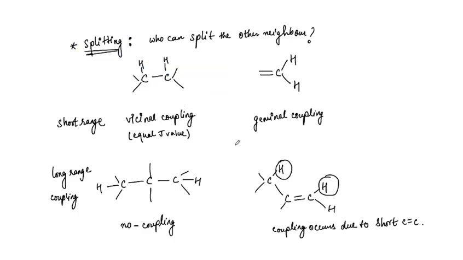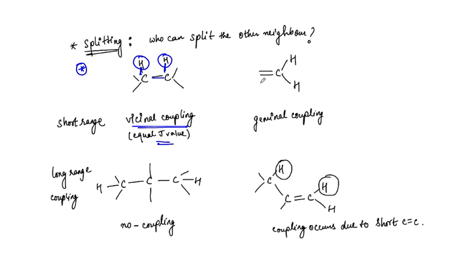Now there are different types of splitting that I have given you. The first and the most observable is the vicinal coupling that we see, and definitely guys, this is of so much importance that whenever you are going to see a vicinal coupling, the splitting for these two hydrogens is going to have equal J value. Now how is that going to be? We'll discuss that in a while.